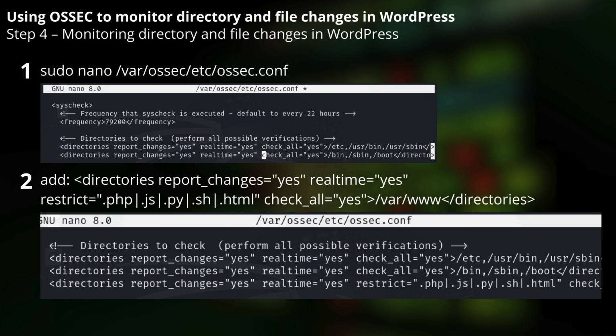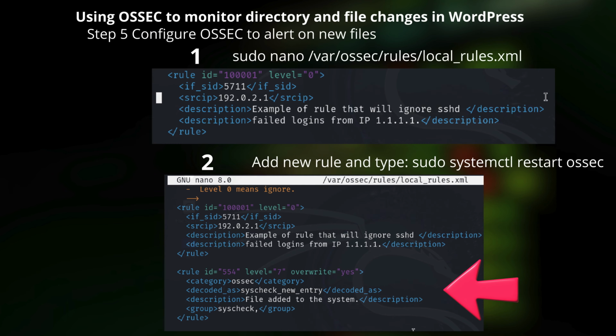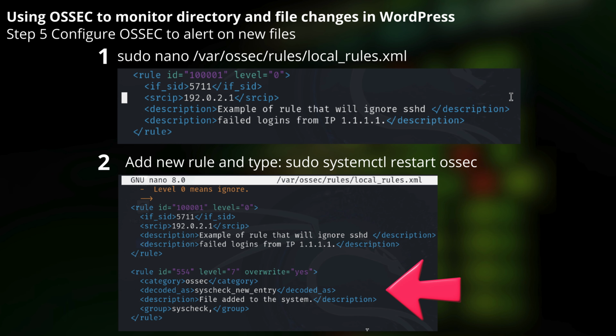In the next step, we'll make one final change to Ossec before testing the whole setup. By default, Ossec monitors new files but does not alert on them. To enable alerts for new files in WordPress or system directories, modify the local_rules.xml file in each /var/ossec/rules. This file is editable, unlike others that are overwritten during upgrades. Update it with a modified version of Rule 554 from ossec_rules.xml, which tracks new file additions such as in Figure